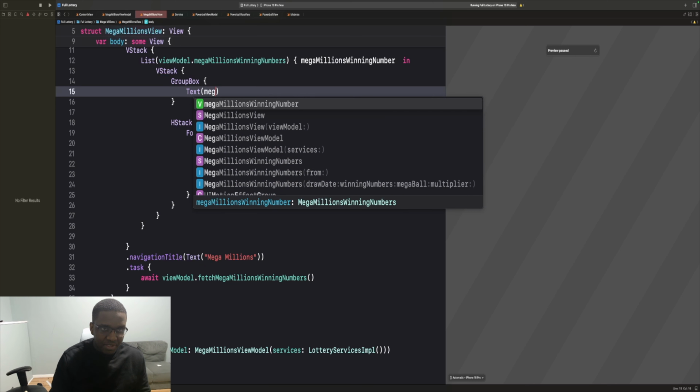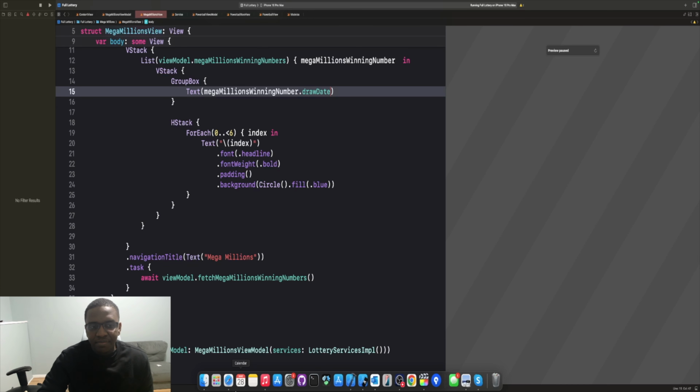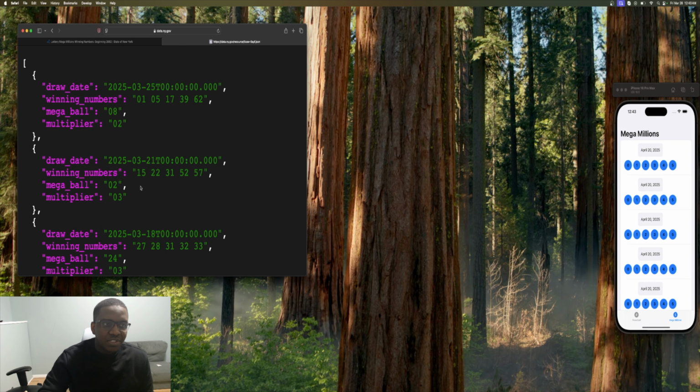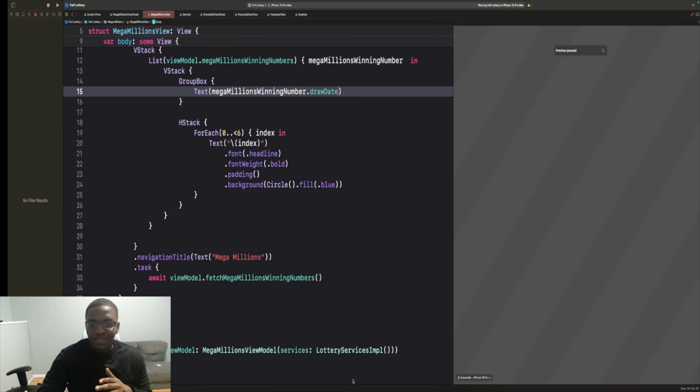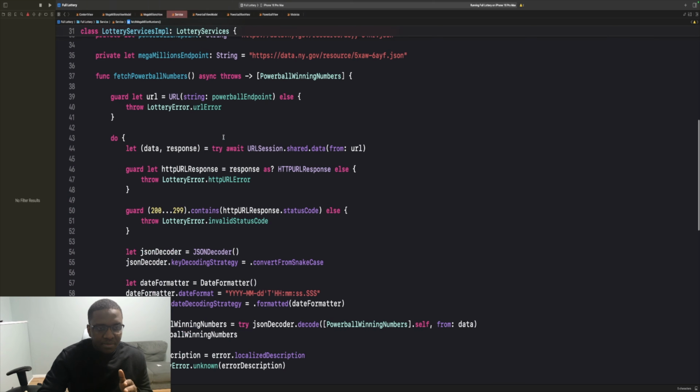So for the date, we can start by changing the text to be Mega Millions winning number. Right now we have draw date as a regular string, but how the API gives it to us is in this format where it looks pretty crazy. But remember, we did adjust our services with a decoding strategy. What I'm talking about is, if we jump back to services,